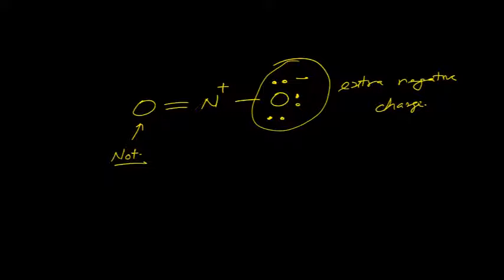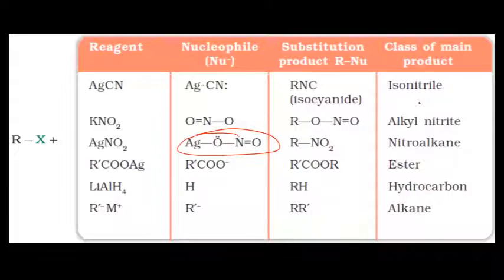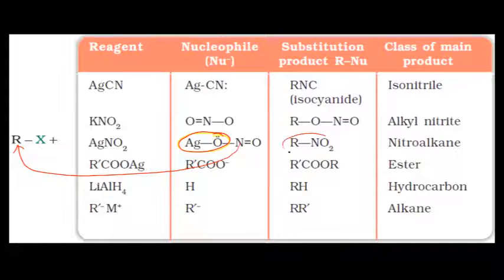So this oxygen will get attached. If nitrogen is available, then nitrogen will get attached. In this case, this oxygen is not available. Remember, this oxygen does not take part in bonding. This oxygen is not available, so that's why this nitrogen will get attached to R and RNO2 will be produced. In the other case, oxygen is more electronegative and is free. That's why oxygen will get attached to R.